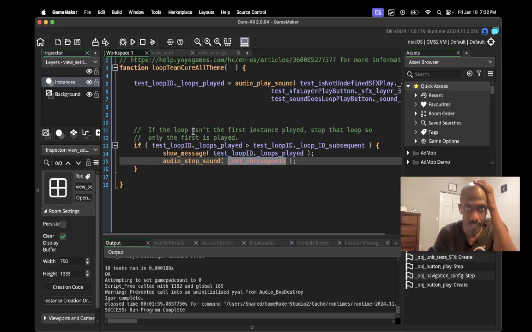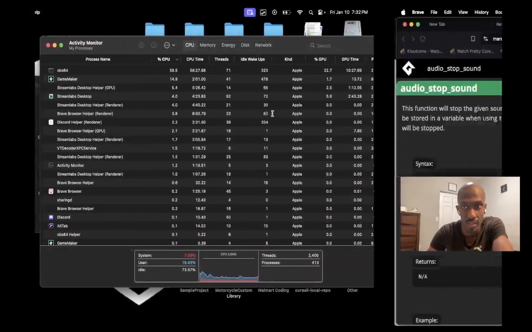Loops played. Stop sounds. So we first need to ask: can you play and stop a sound based on using like a hard-coded magic number? I don't think so. But according to the manual here,